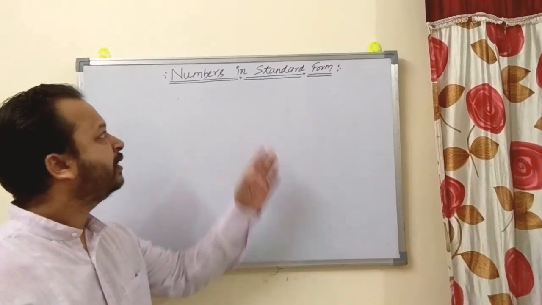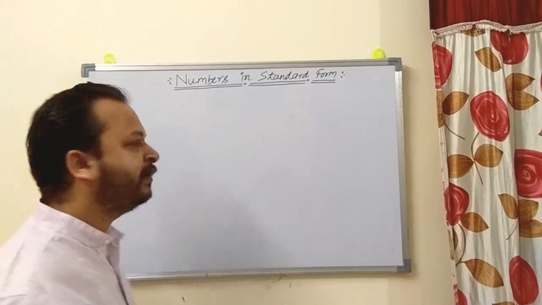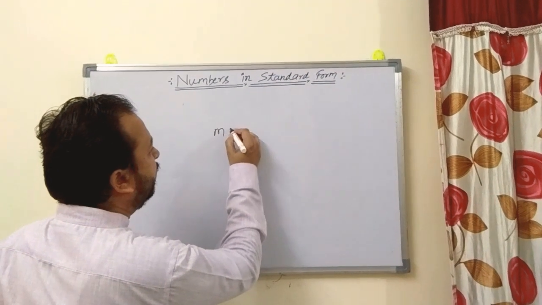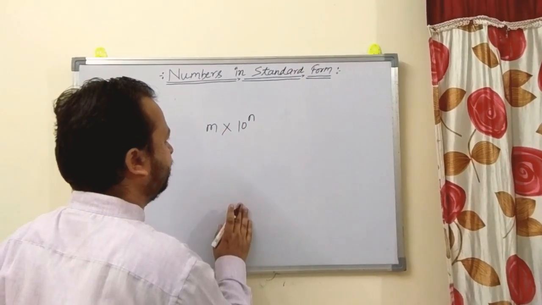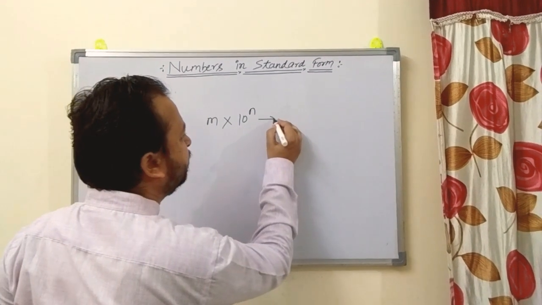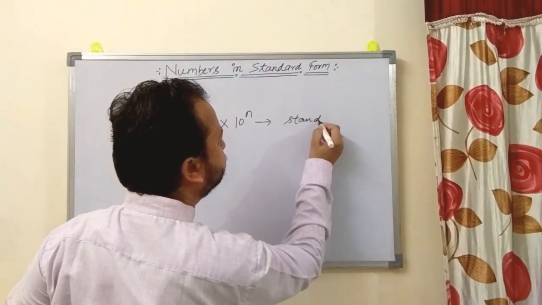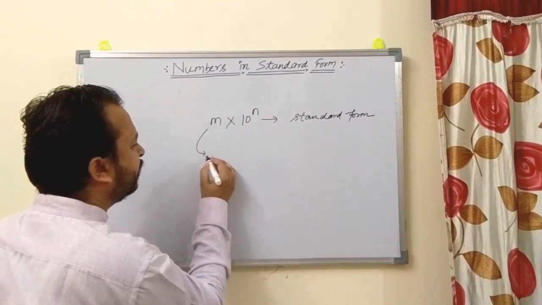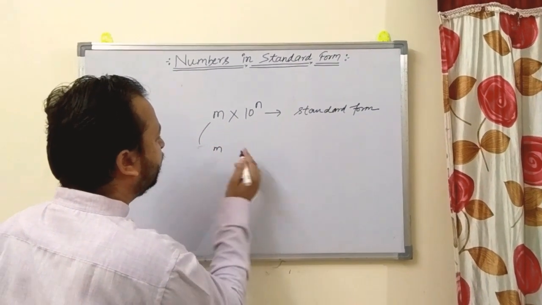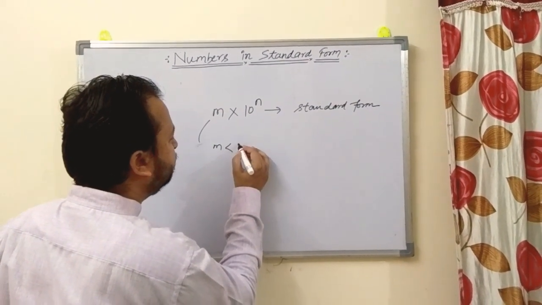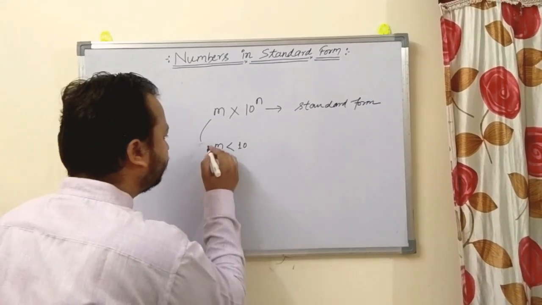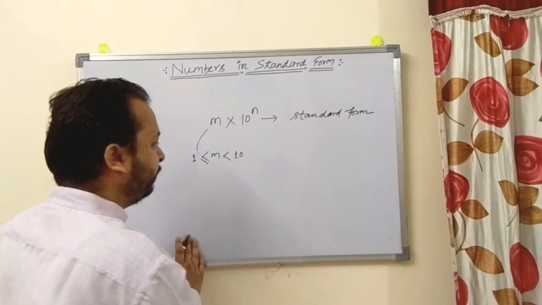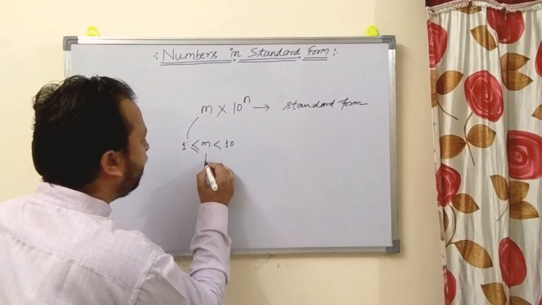Now we are going to discuss numbers in standard form, right? Any number which is written in the form of m into 10 to power n is known as standard form, where m is less than 10 and m is greater than or equal to 1, means m is in between